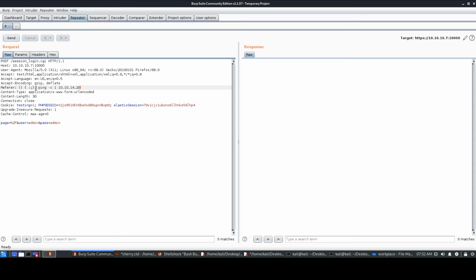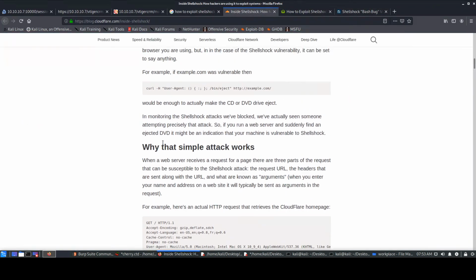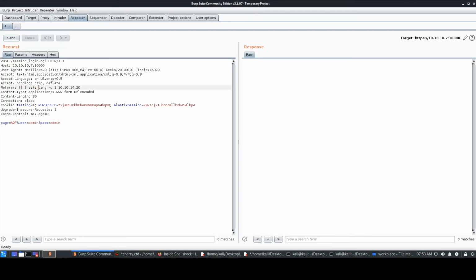I have not created anything on my own here. This is the well-known format, I think, for Shellshock vulnerabilities. You have to add this over, if you guys can see, and over here also the same thing is present. It's like some magic formula or something like that. So probably just leave that aside, and then you add your command execution lines. So 1420 is my IP address, the attack machine's IP address.